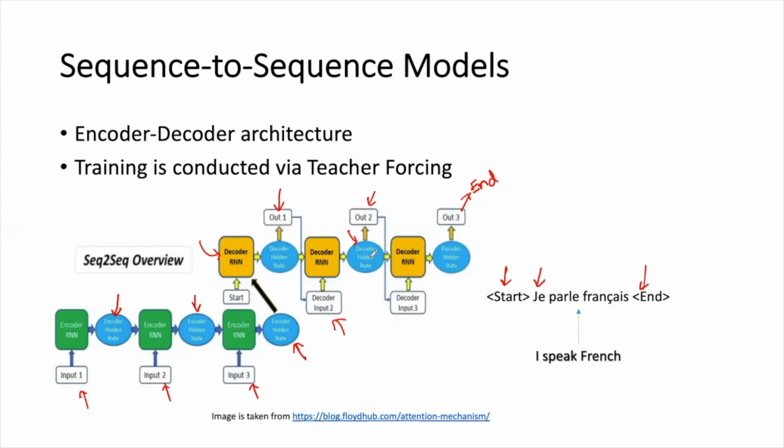Now, in terms of the training of the decoder, there is a slight difference between what happens during the training of a decoder and what happens during inference time. During training, we have a phenomenon called teacher forcing. What this basically means is, the output word which is generated here, we have an option to pass the vector of the word we generated in the previous time step on to the next time step. Or